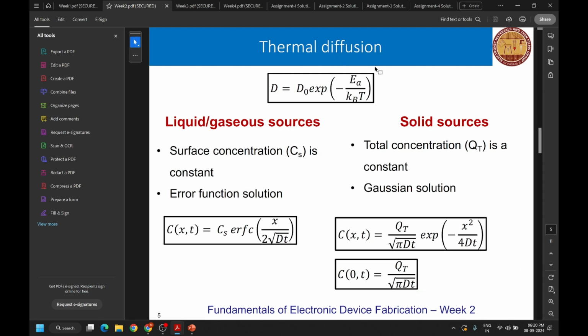So thermal diffusion is diffusion control. So this is the diffusion equation. D equals D naught exponential e raised to the power minus EA by KBT. EA is your activation energy, and KBT is your